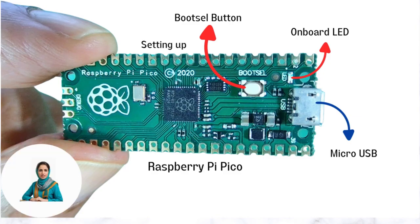Now that we have Thonny installed, it's time to set up the Raspberry Pi Pico. Here's where you'll need to familiarize yourself with some of the components of Raspberry Pi Pico. Identify a white BOOTSEL button on the board, an onboard LED, and the USB port. In the next step, you will need to use these three elements to connect and configure Raspberry Pi Pico to